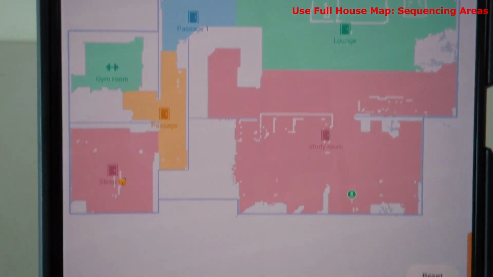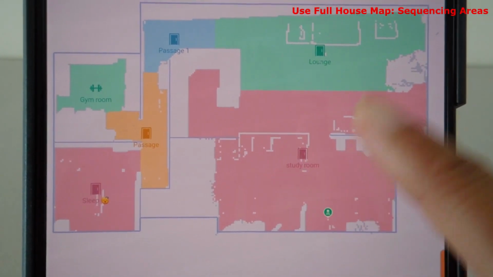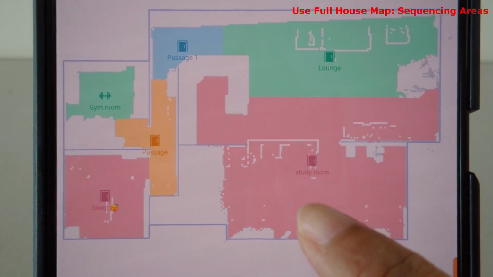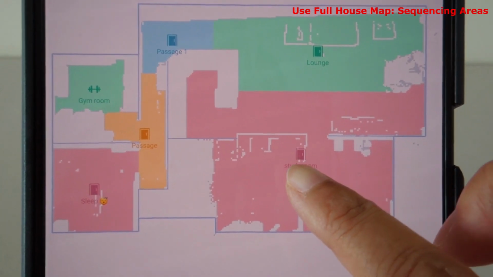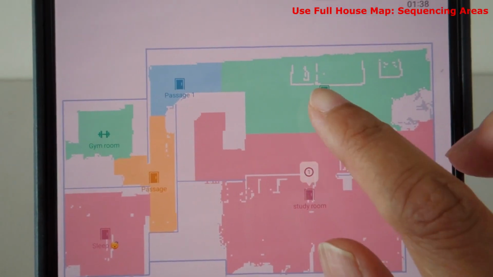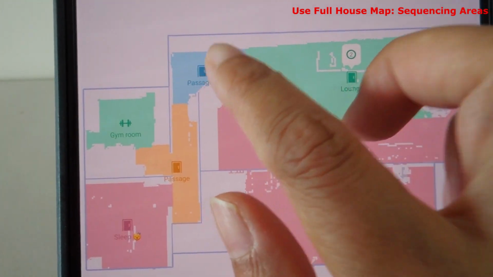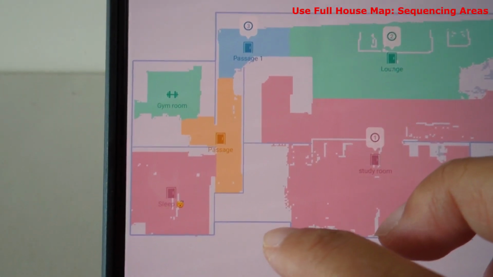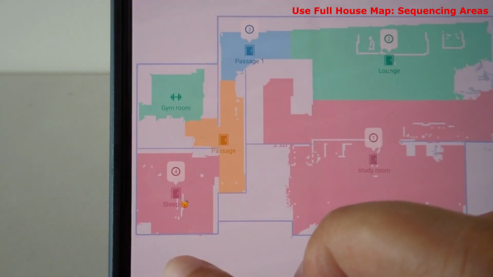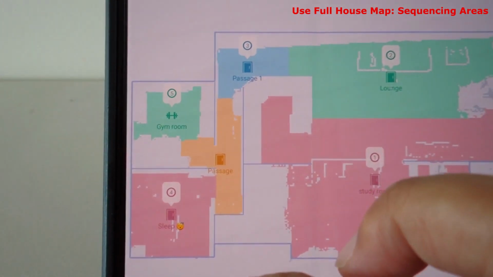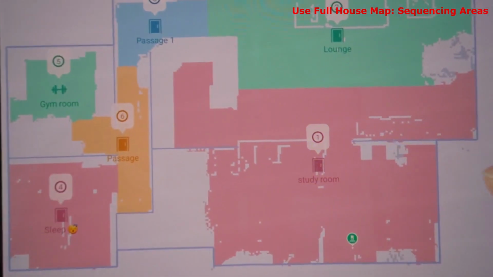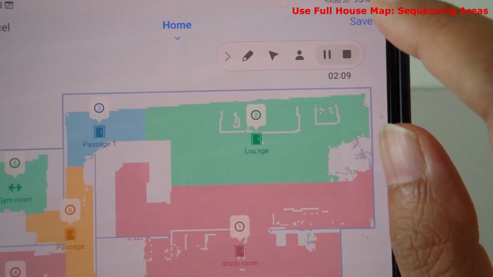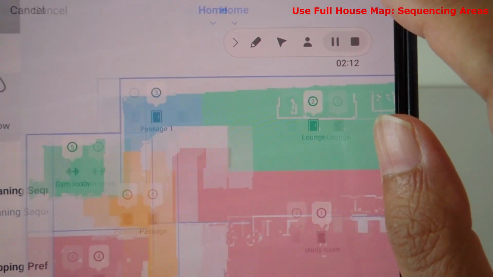So what you can do here is once you start tapping on these areas, it will start numbering them in the order that you tap. So let's say I want the DEEBOT to clean this area first, the green area second, then passage 1, which is the blue area, is number 3. Then I wanted to clean this back room here, and then this room, and then lastly number 6, which is this passage area in yellow. All you need to do is click on save,